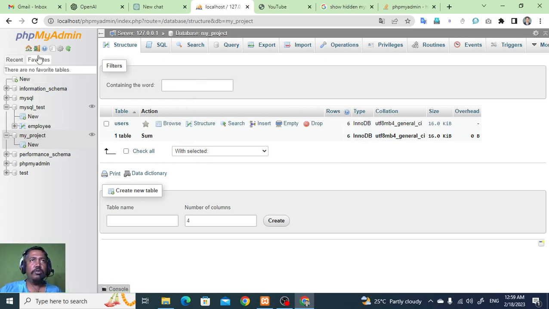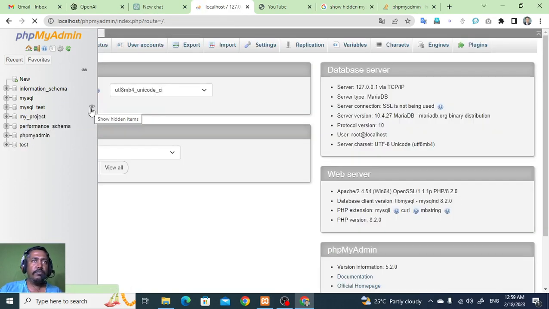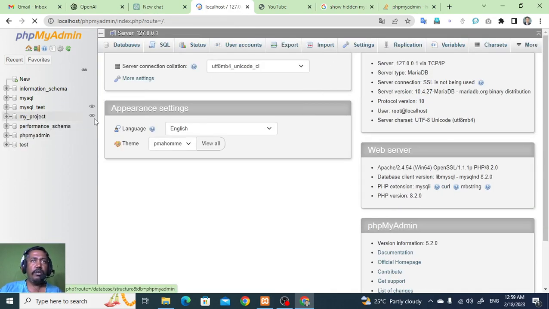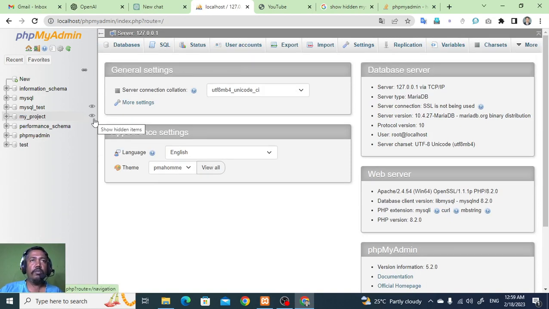For that, one simple solution is that you have to click empty session data. It will not delete any of your tables or drop any data over here. You just have to click on empty session data. Once that is done, then if you click on the unhide button, wherever you have hidden, whether intentionally or by mistake,